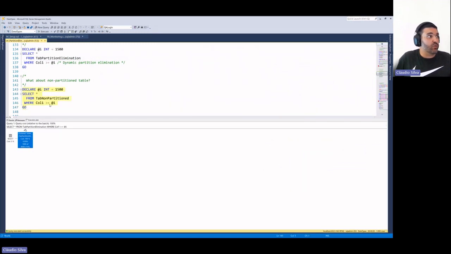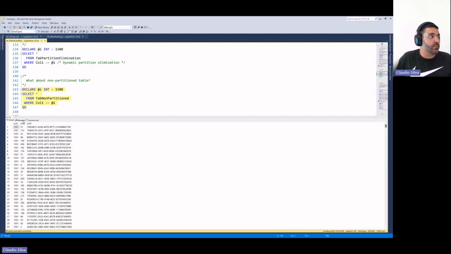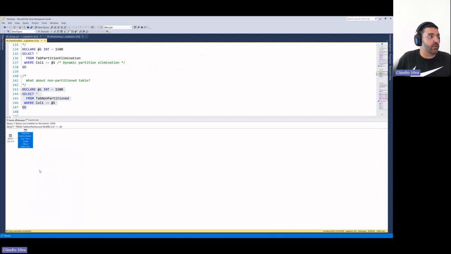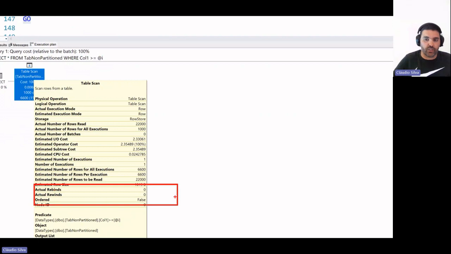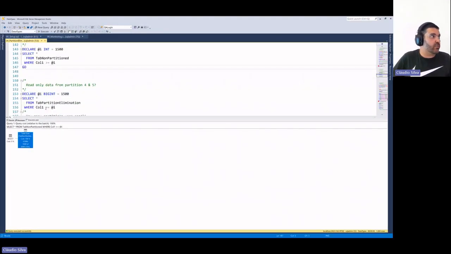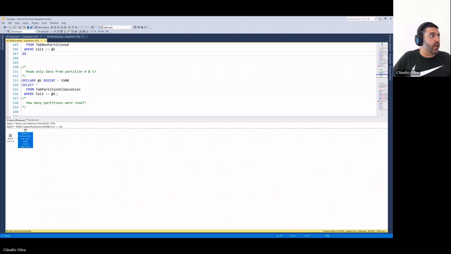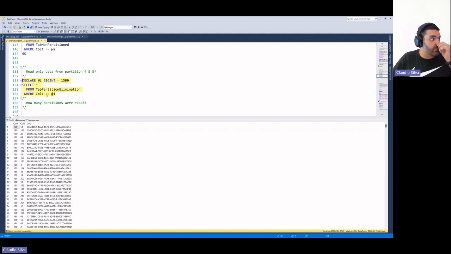If I run this same query on a non-partitioned table, I have no information about the partitioning at all, so those attributes won't appear, saying it's partitioned or which partitions I read, because the table is not seen as having partitioning. And once again, what happens when I read bigger or equal to a value?